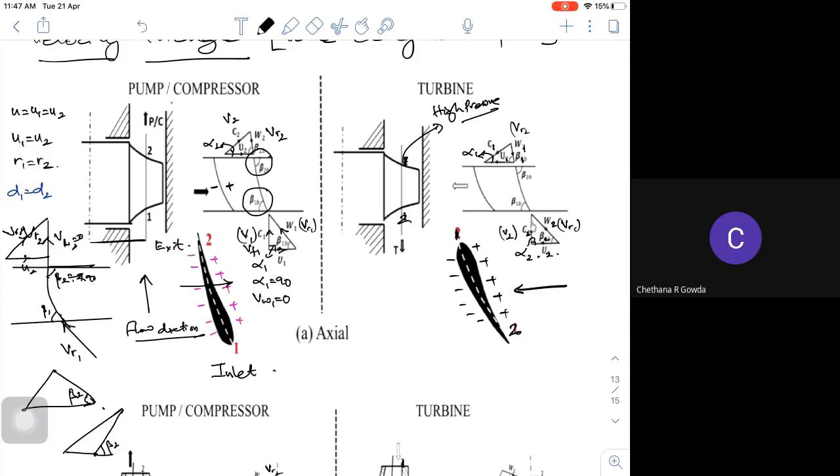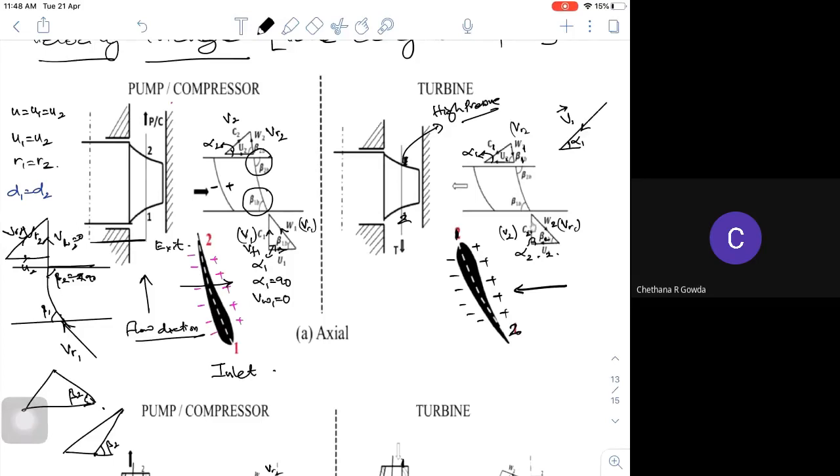So fluid enters there. Once again, I could see clearly, it may be entering with some velocity, whatever it may be, this is V1. It may be entering with some velocity V1, depending upon your direction, depending upon your alpha. So it may be entering at 20 degrees to your blade, 30 degrees to your blade. That goes by blade designing. An advanced turbo machinery course will decide upon what it actually is.